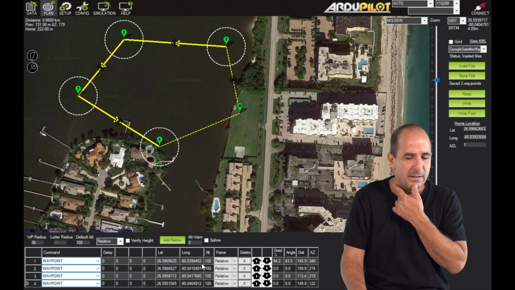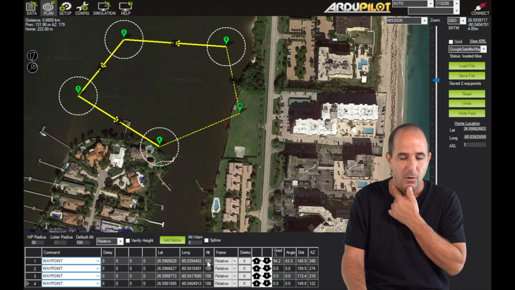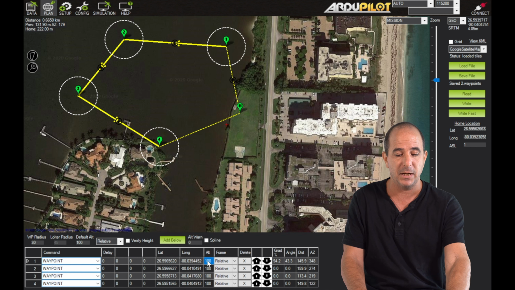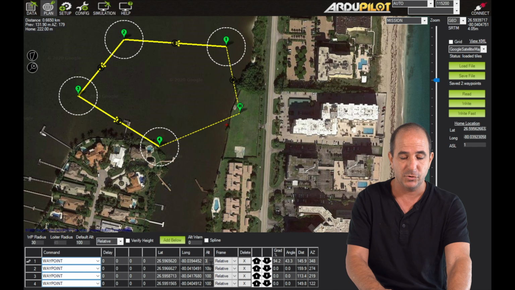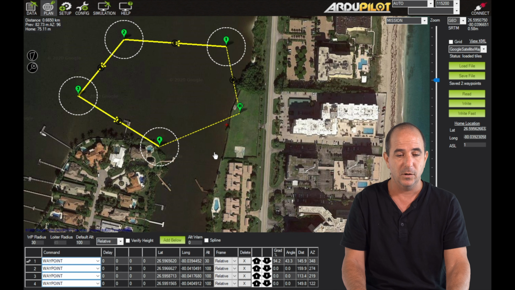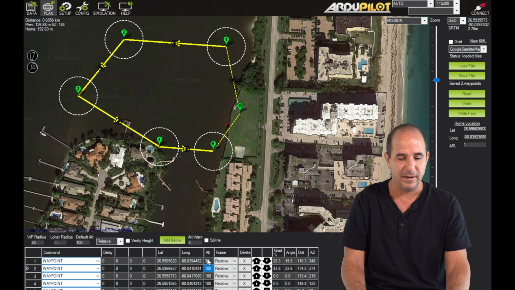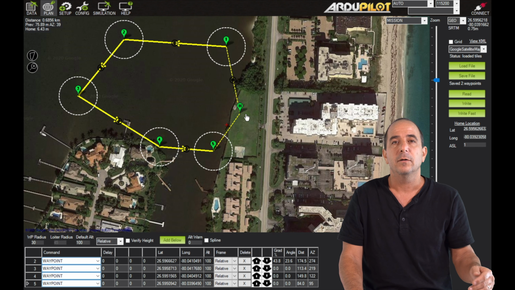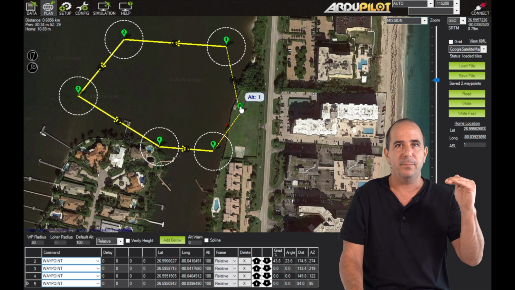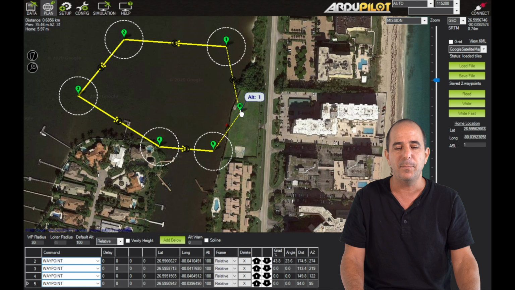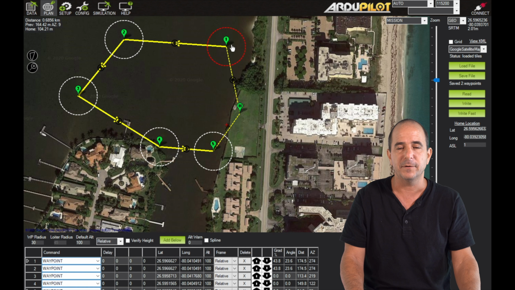Right, so let's assume we want to have a lower height in, say, the first waypoint. I can actually go and change it to be 30 meters. From the home point, it will go up 30 meters to the height of the first waypoint, and then go directly to the first waypoint.